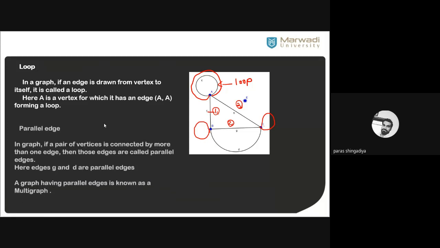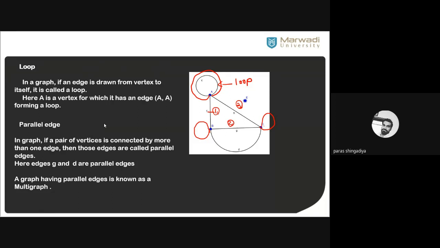And then next is a parallel edge. So what is the meaning of parallel edge in real life? You can consider the example of an overbridge. All are aware of an overbridge. The starting and ending are the same, but there are two parallel roads between these two locations. One is a base road, and another is a bridge. That is called the parallel edge. Its starting is the same point and ending is also the same point, so you call that the parallel edge.